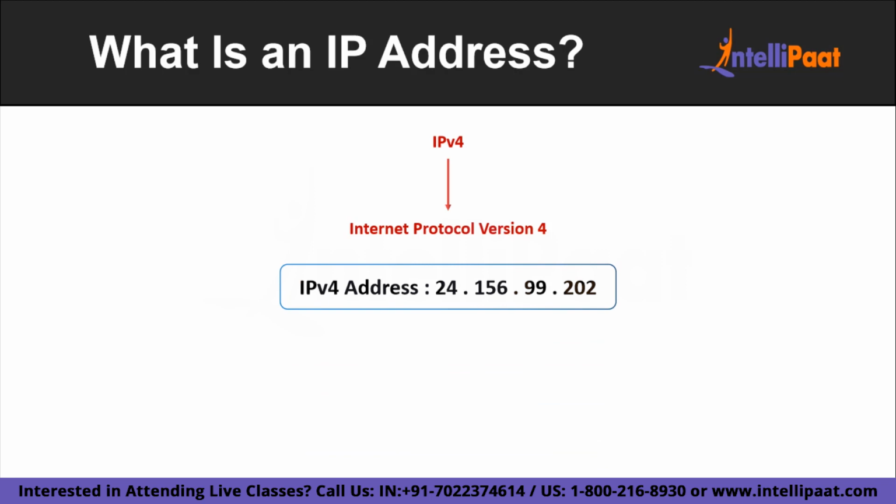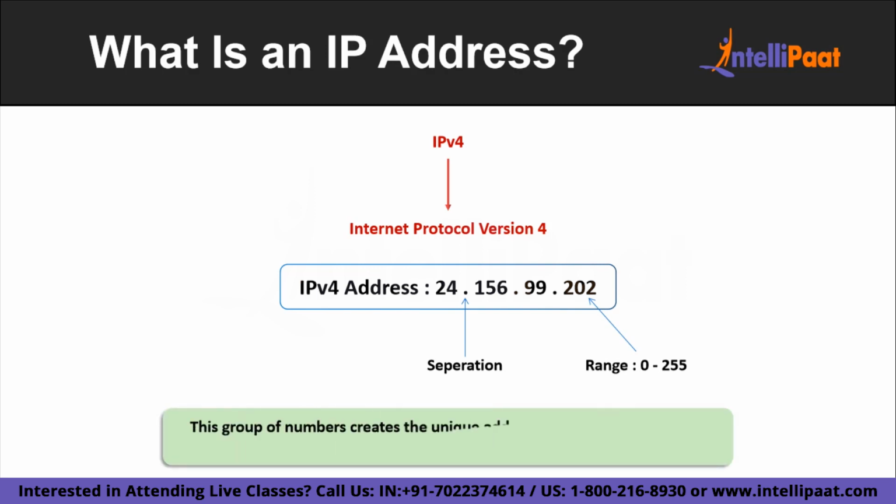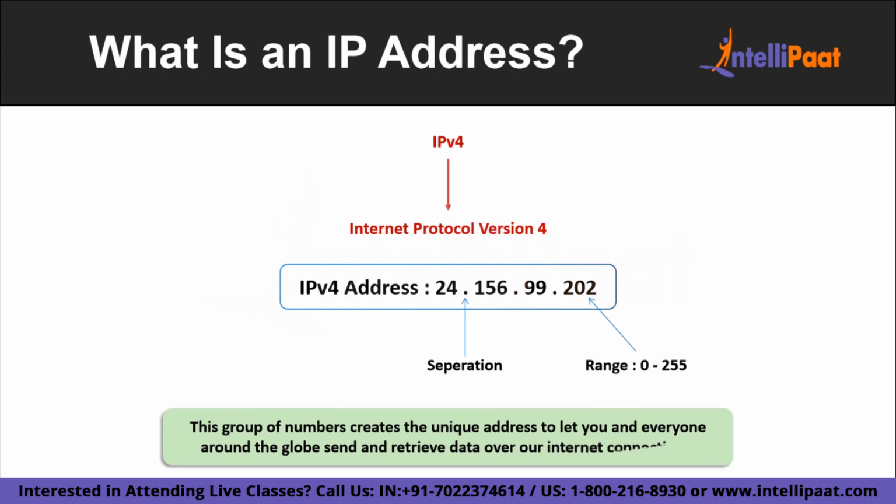An IPv4 address consists of 4 numbers, each of which contains 1 to 3 digits with a single dot separating each number. If we convert it into binary format, it will resemble 32 bits. Each of the 4 numbers can range from 0 to 255. This group of numbers creates the unique address to let you and everyone around the globe send and retrieve data